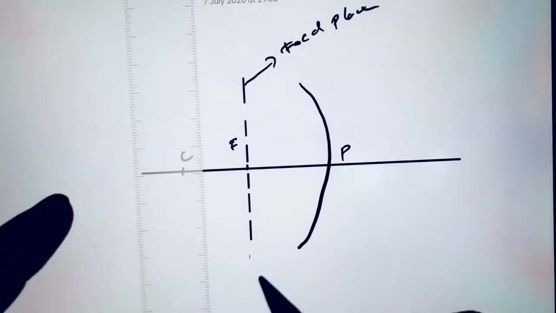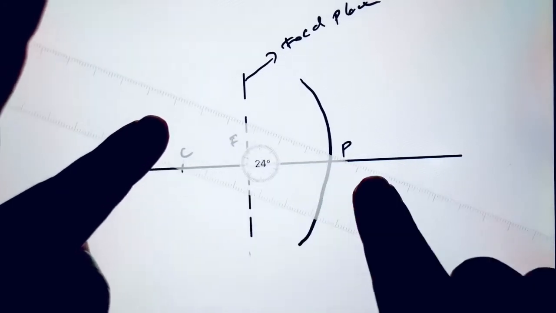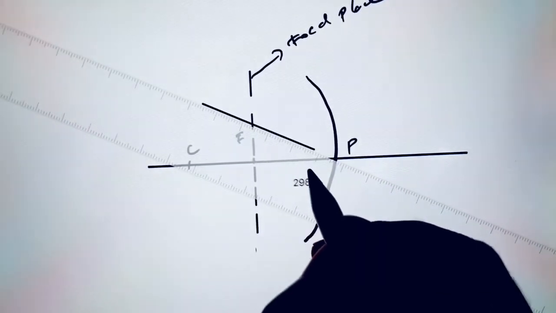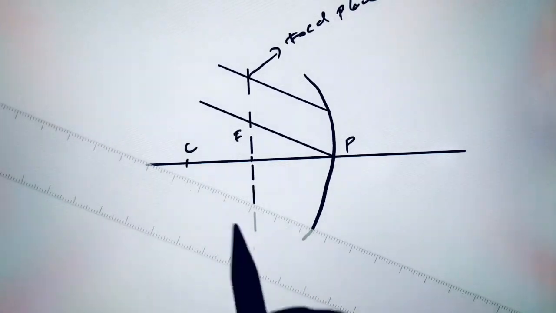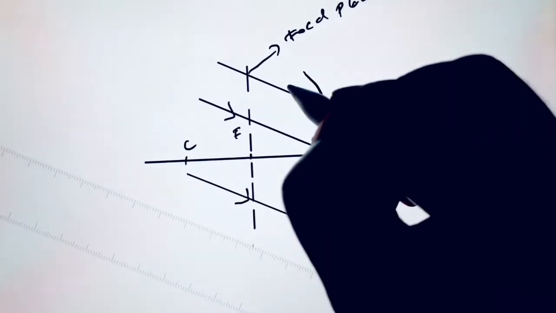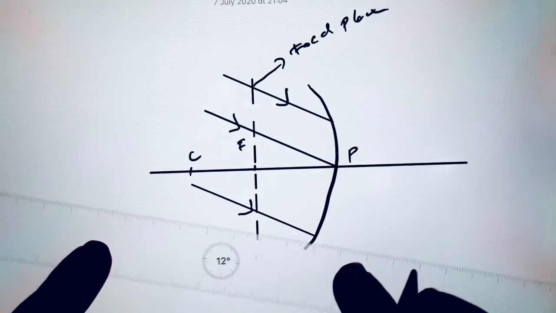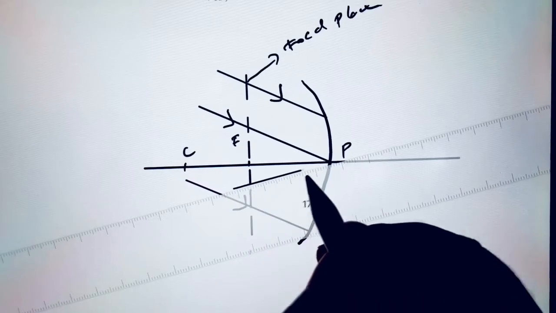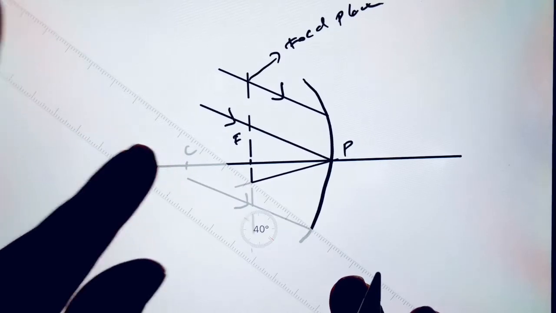I have drawn it as a line, but you can imagine a plane there. So if you have rays of light that are parallel to each other, so let's say this is one ray of light, this is another ray of light, this is another ray of light. So these rays of light are all parallel to each other. Now, upon reflection from this mirror, all these rays of light are going to pass through a single point that lies on the focal plane.